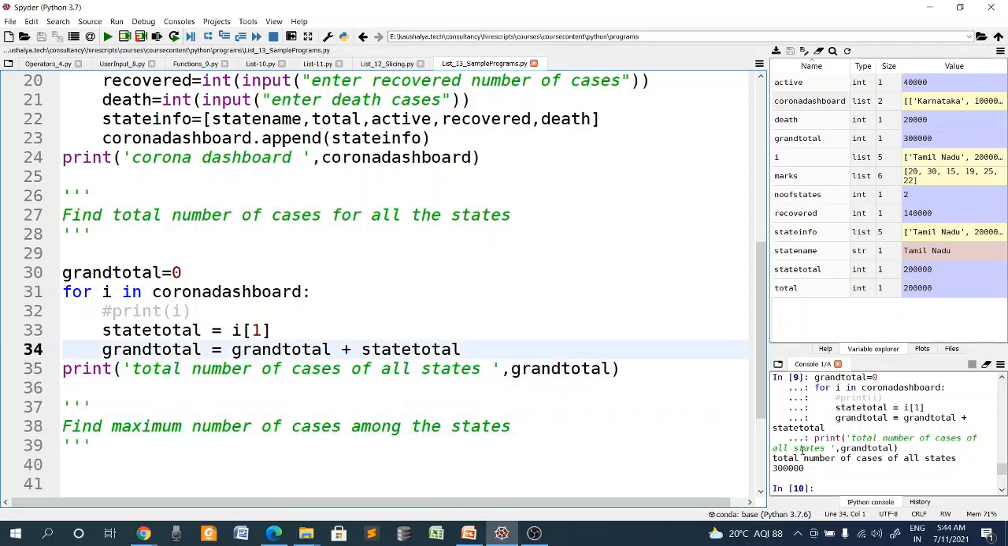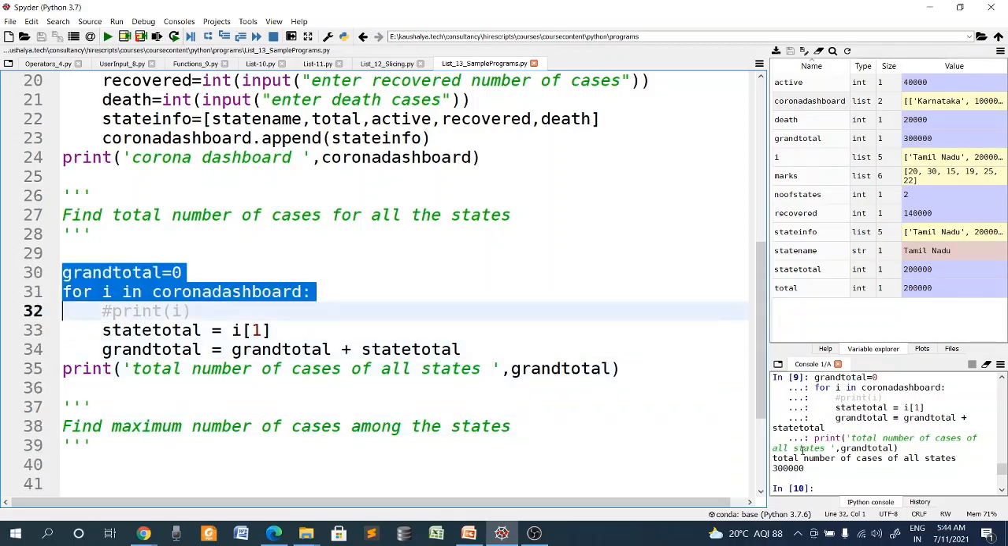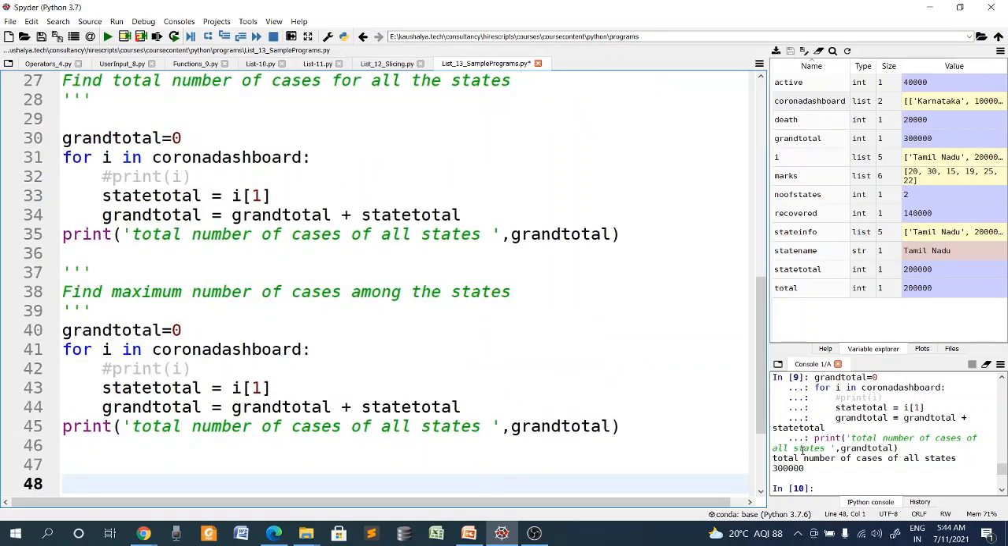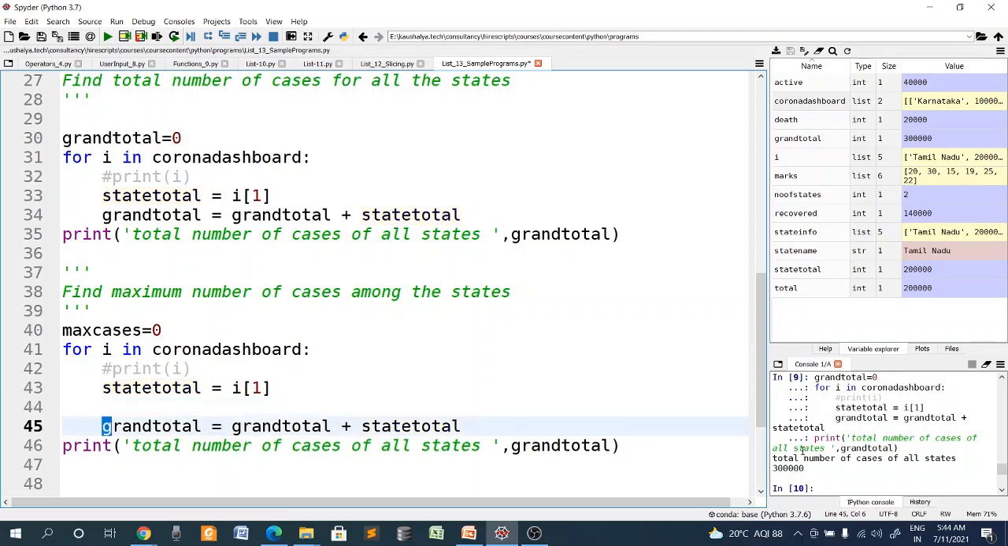So then again you can do a similar thing, only small changes we have to do. First let me declare a variable called max cases, and then I'm looping through. So now I got the state totals, right? So here what I have to do, instead of this, I can say